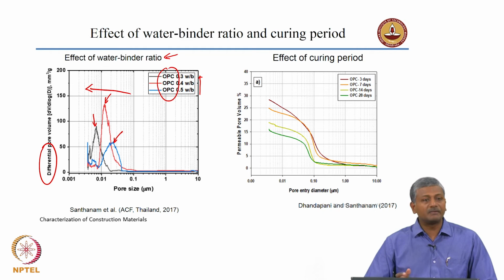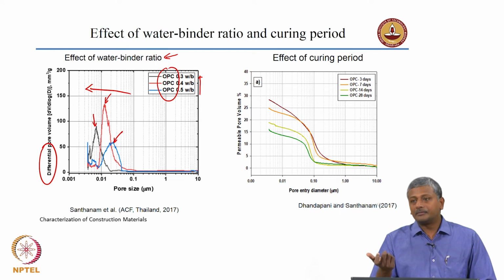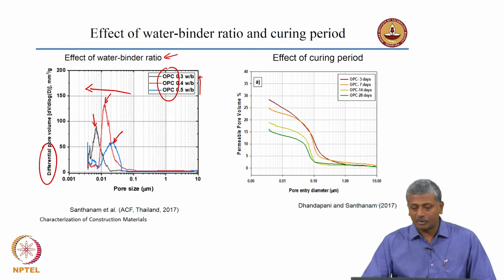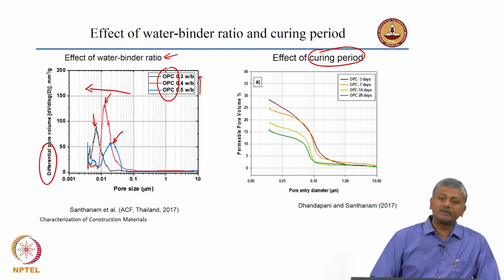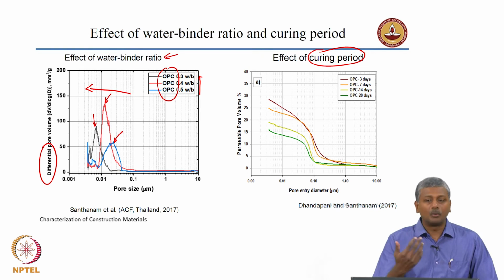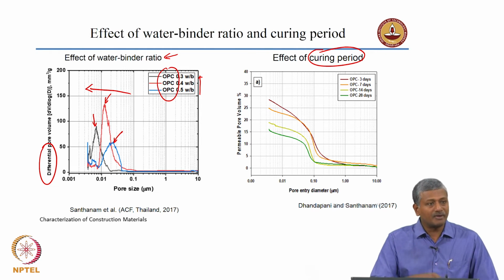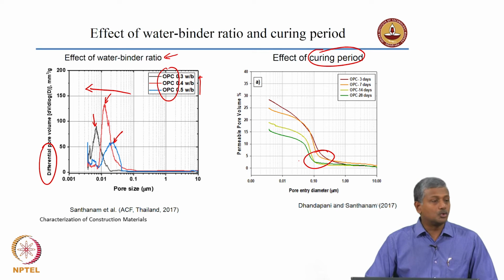If you start working with systems which have fly ash or slag or other substituting ingredients, you may get an entirely different pore structure, which I will show you an example of in just a minute. What about the effect of curing period? We know very well that as you cure more and more, the system gets less and less porous and also less permeable. And where is this getting indicated? By doing a comparison of the threshold pore diameters.